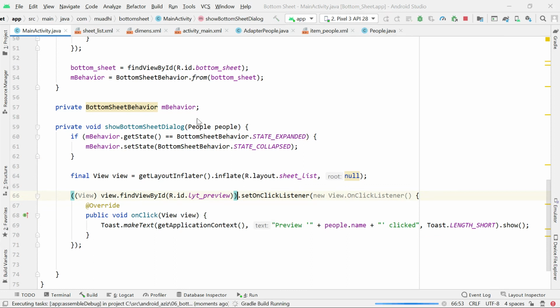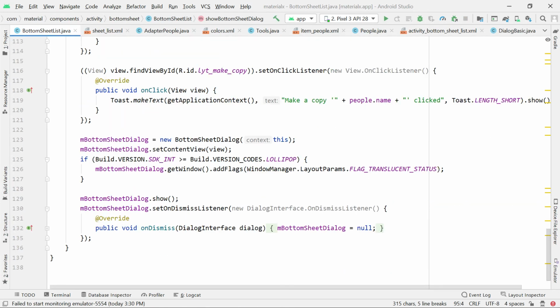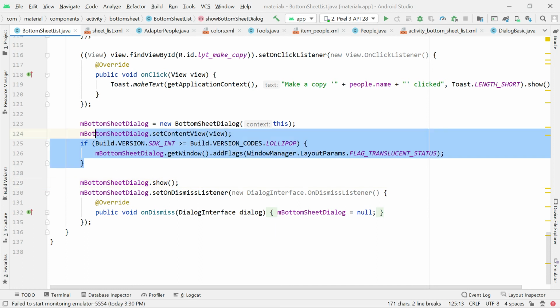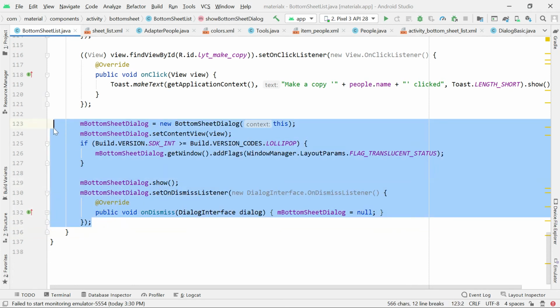I hope that's it. Others are just click listeners. Then for the bottom sheet, get window, the flag. Okay, here it's just updating the flag. Here it is destroyed in case it is removed.